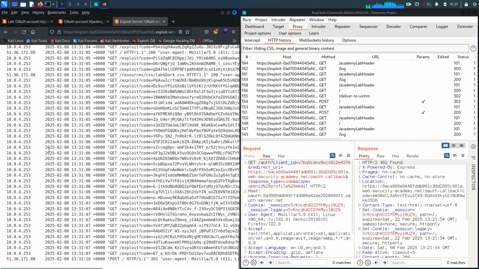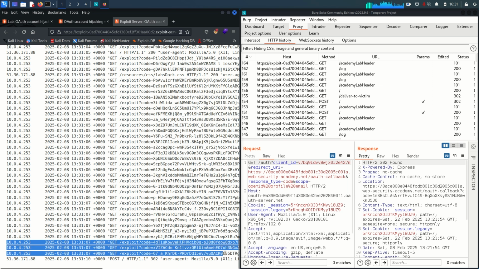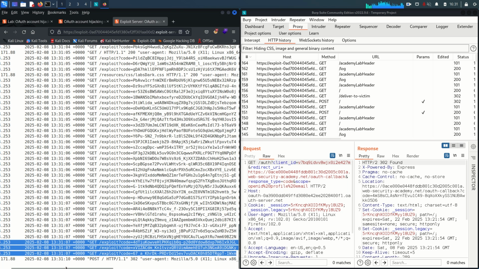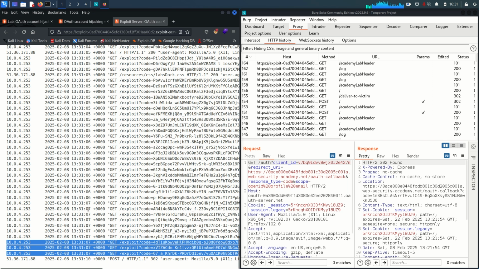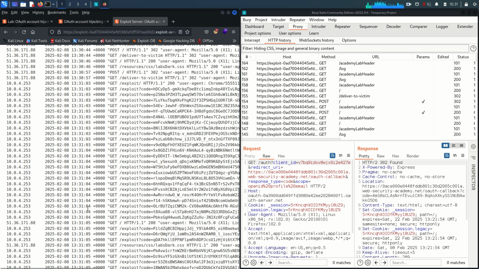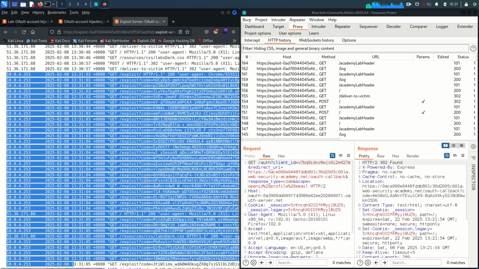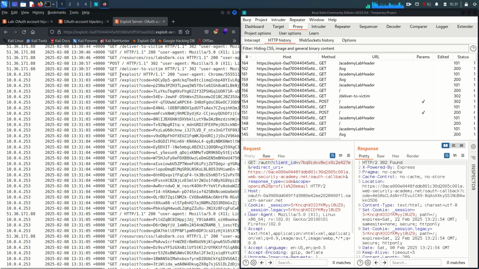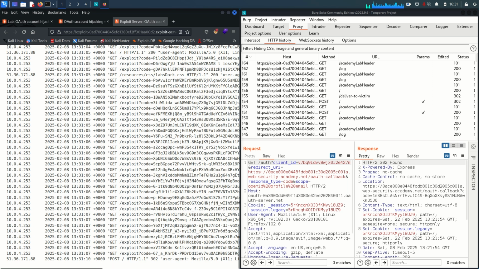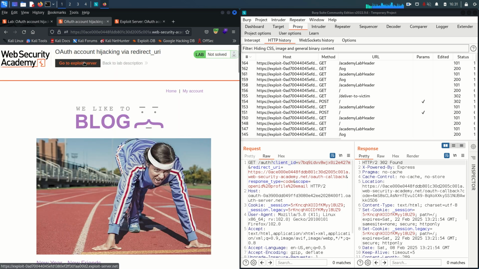Now you can see all of these codes come in one time. I don't know what the issue was, but it seems like the admin user, the victim user, keeps accessing our malicious page, but on slash exploit only. Okay, on slash exploit only. So if we come back here